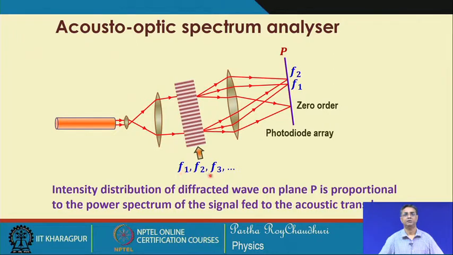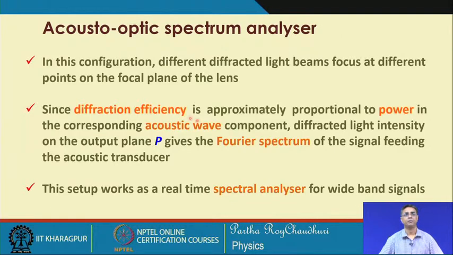So, you have f 1, f 2, f 3, and the deflected beams corresponding to these frequencies will appear at different points. They will be collected by a lens. So, in this configuration, different diffracted light beams focus at different points on the optical plane of the lens. Since diffraction efficiency is approximately proportional to the power in the corresponding acoustic wave, this we have seen